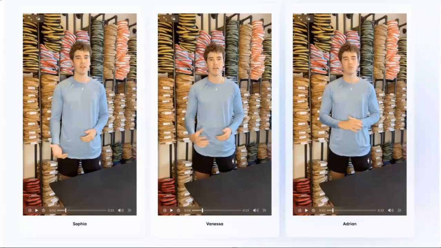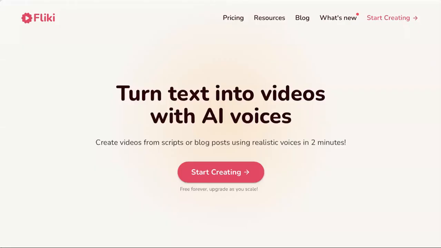If another Sophia or Vanessa or Adrian purchased your product, or Sam or Bill or whoever, you don't have to make a new one. The AI just does it. As soon as that person orders, whatever the triggering event is, an email goes out to them. And this program integrates with your email marketing program or your CRM, and it just grabs the name and does it automatically and sends the email. So it's completely hands off, and you've got this personal email to your customers. Very cool. I like that one.